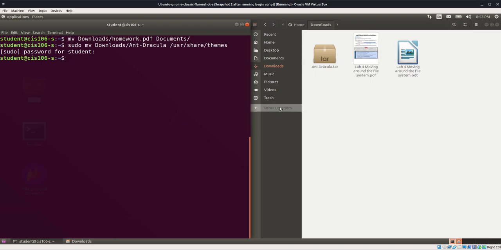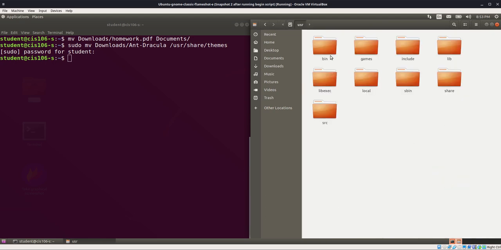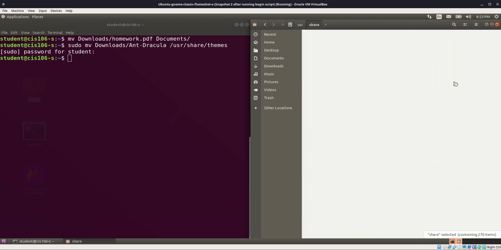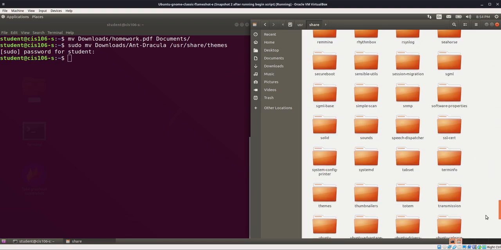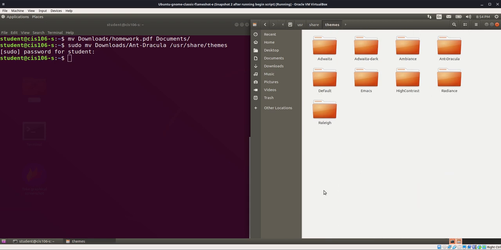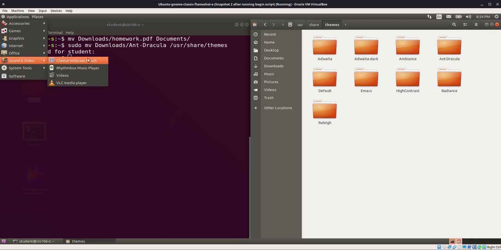Now, I'm going to go graphically to that directory to show you. usr, share, themes. Here is the file that we copied. Now, to show you that it works, I am going to change the icon theme, to change the theme on